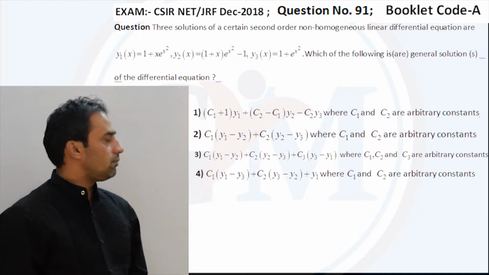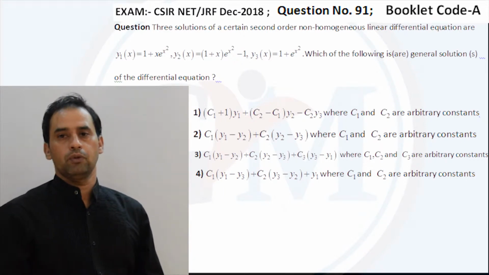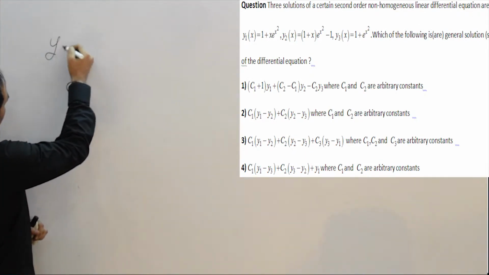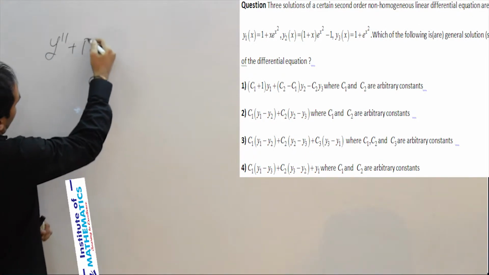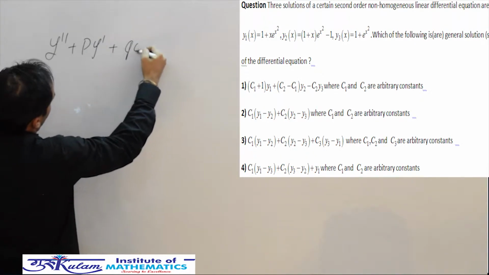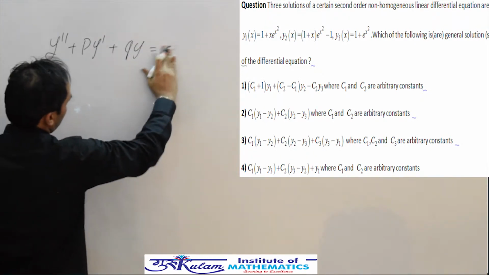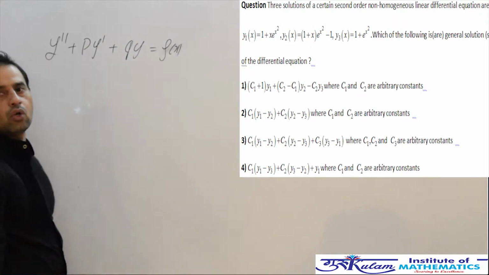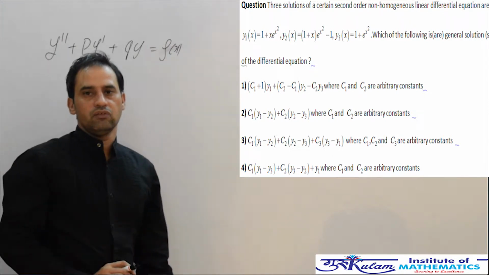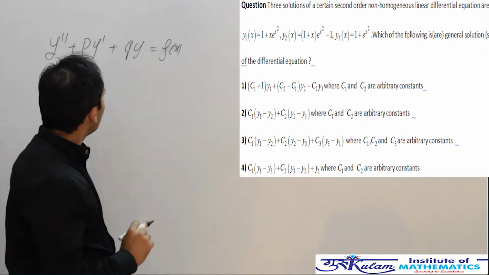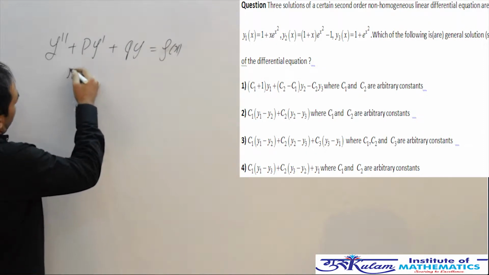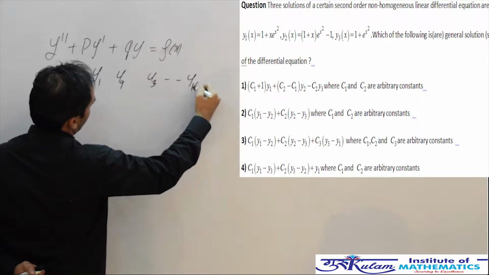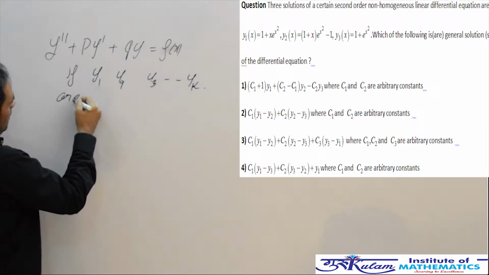This question is based on the principle of superposition. If we have a second order differential equation y'' + p y' + q y = f(x), some function of x, that is a non-homogeneous linear differential equation of order 2, where p and q are continuous functions, and if we have y1, y2, y3 and so on up to yk as solutions,